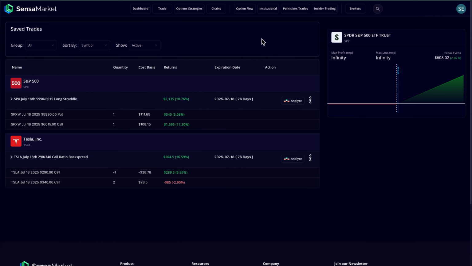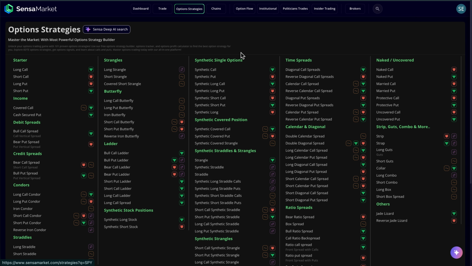and select Delete. So that should give you a solid overview of how to build, analyze, and manage option strategies